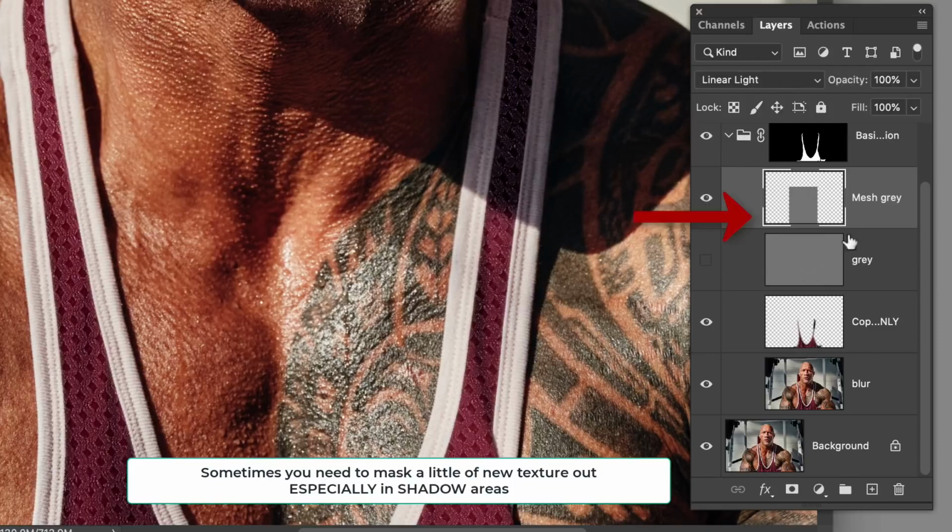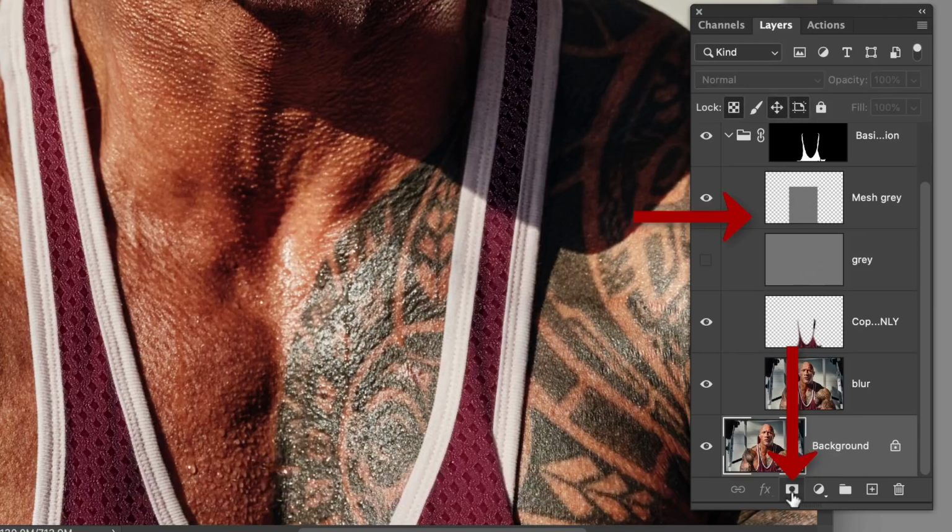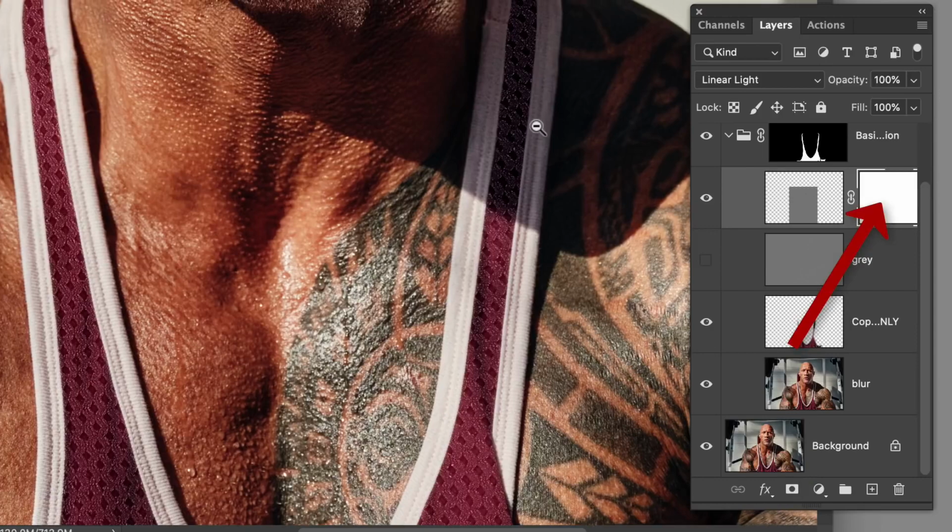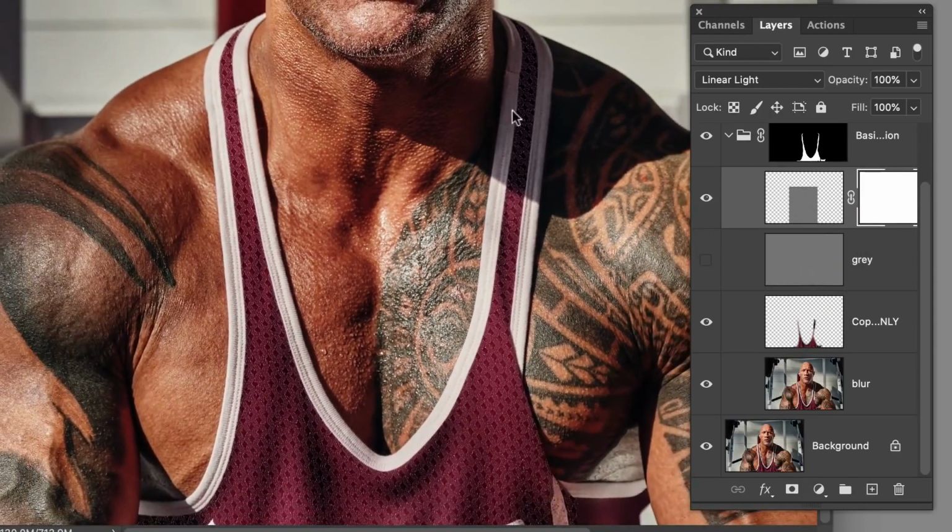So I'm going to be on the mesh copy. I'm going to add a layer mask. And I'm just going to take the gradient tool, set on black, and draw a little gradient on the mask. Do you see that right there? And this is just going to make this a little more opaque so that it won't look so funny standing